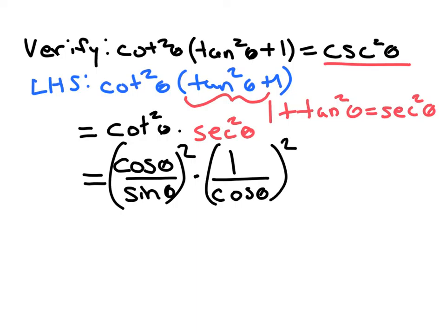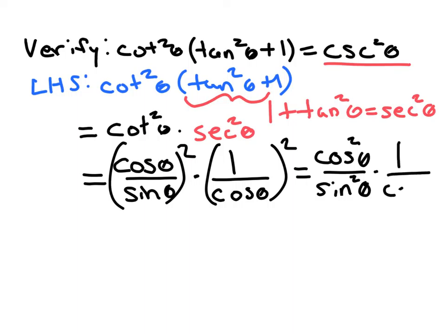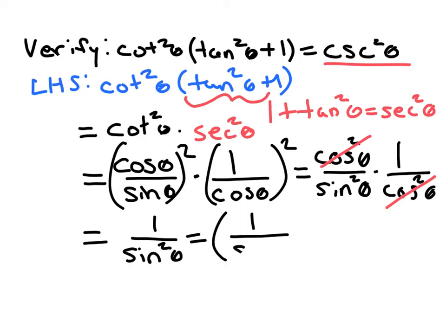Well, when you square a fraction, all you do is square the top and square the bottom. So that first part is equal to cosine squared over sine squared. Just square the top, square the bottom. And same thing in that second fraction, so 1 squared is just 1 over cosine squared. And then notice now that the cosine squareds will cancel. And so this is equal to 1 over sine squared, which we could write as 1 over sine quantity squared,